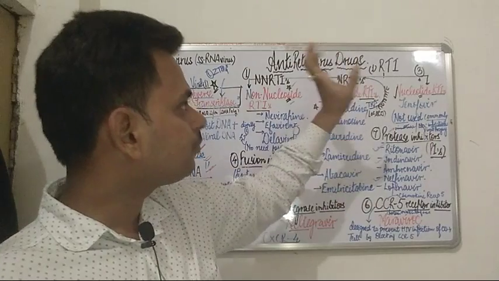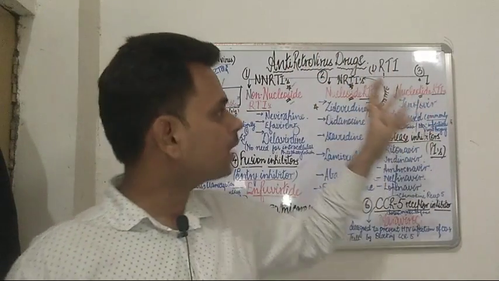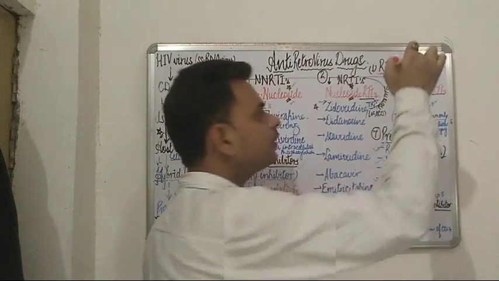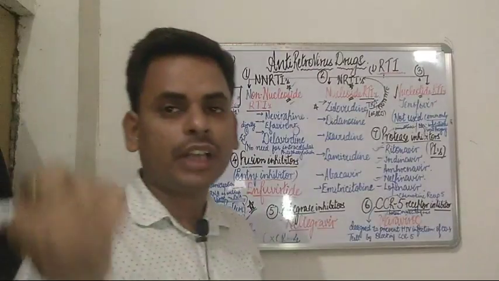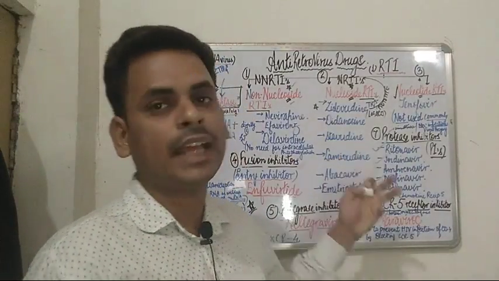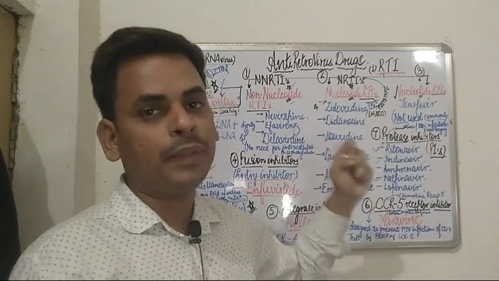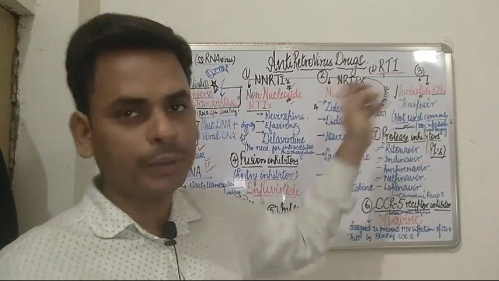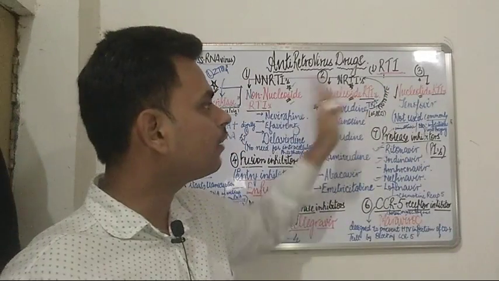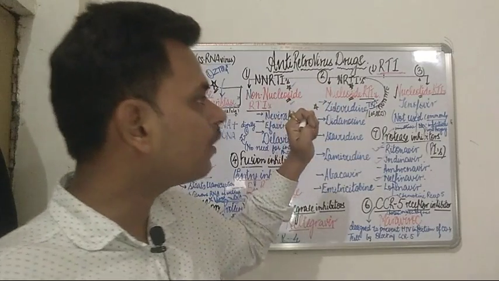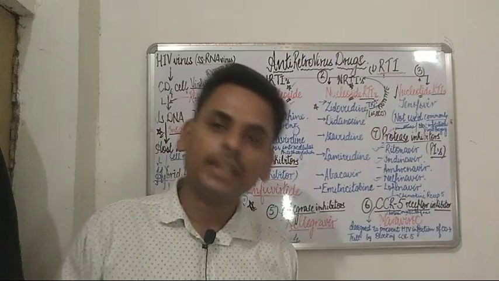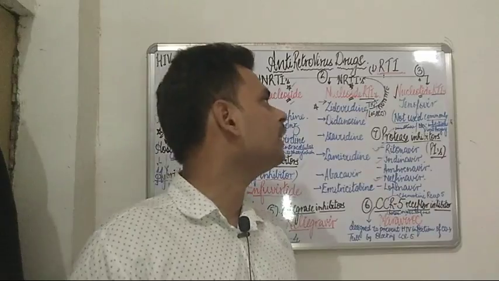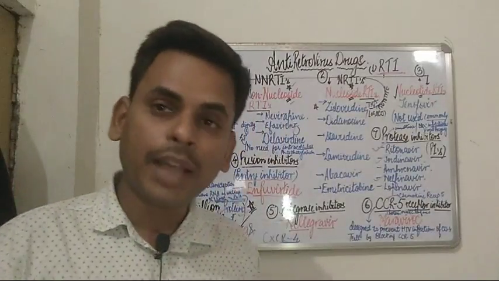So the first class of the drugs under the antiretroviral drugs is the reverse transcriptase inhibitors. The reverse transcriptase inhibitors are the drugs which were first and foremost developed to fight this infection. Under this category, the reverse transcriptase inhibitors can be broadly subdivided into 3 categories: the nucleoside reverse transcriptase inhibitors, the non-nucleoside reverse transcriptase inhibitors, and the nucleotide reverse transcriptase inhibitors. So beginning with the nucleoside reverse transcriptase inhibitors, under this category, the prototype drug is